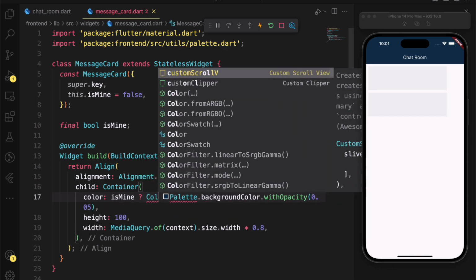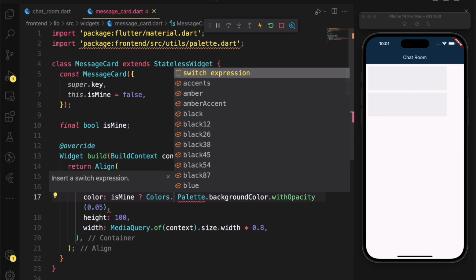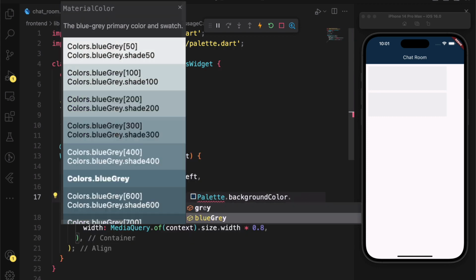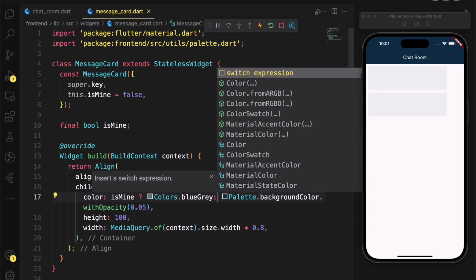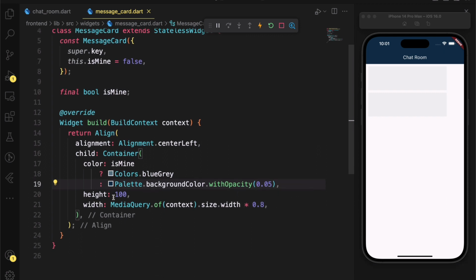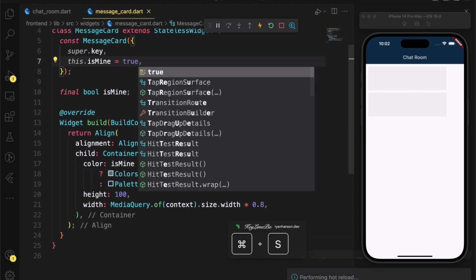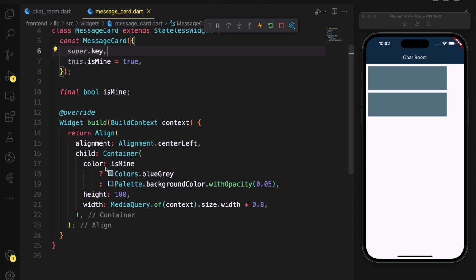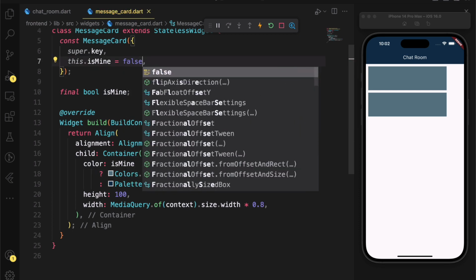So if the message is mine, then the color should be maybe some kind of a blue-gray color, or else we're going to have this light color. I hope you get the idea. Let's see, I'll change this to true, and then you're going to see the color changes to the blue-gray color. But I'm going to leave it by default to false.